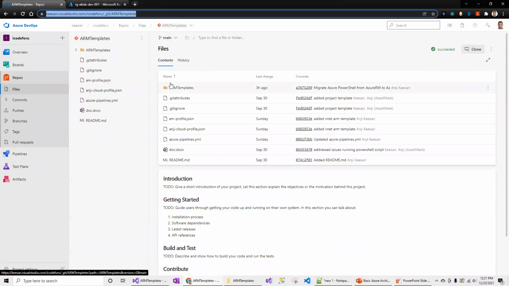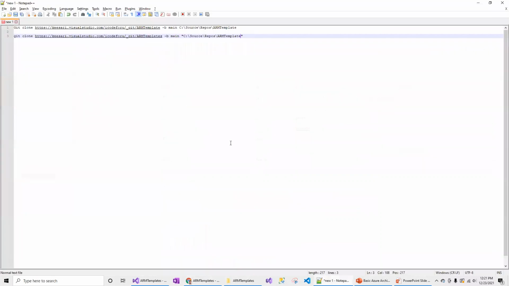Once you get the repository created, I've already done a few steps to save some time. Once you create the Git repo in Azure DevOps, the next step is to clone that repo. In order to clone the repo, you can use the git clone command with the URL, from the main branch.